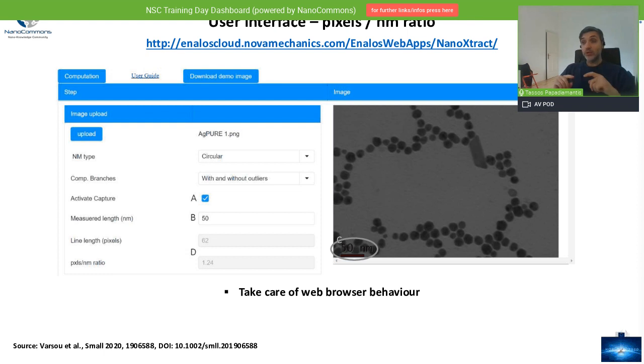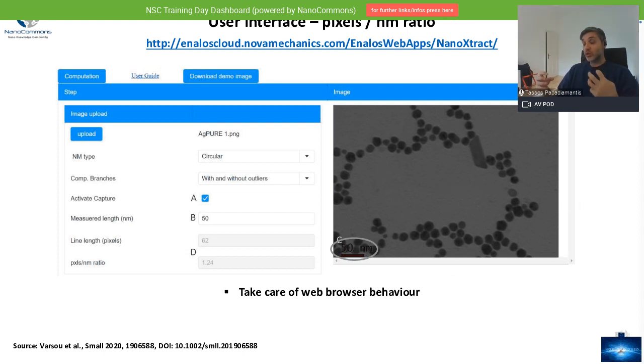calculations. What I would like to point out here, which is very, very significant, is the fact that this is very browser specific. So whether you use, let's say, Firefox or Chrome, you will have a different behavior of the browser when you upload the image. So, for example, and this needs to be taken into account because the images that we take from the TEMs are usually very large in size. So it will, in most cases, not fit the box that is provided here.